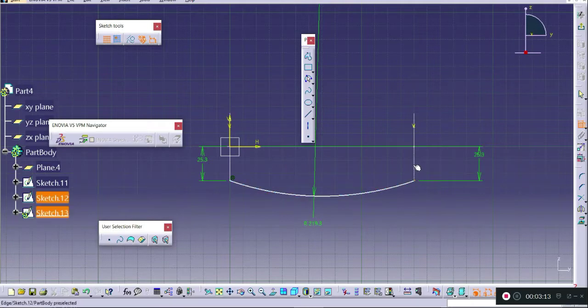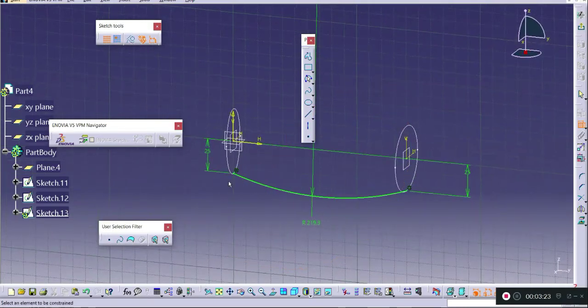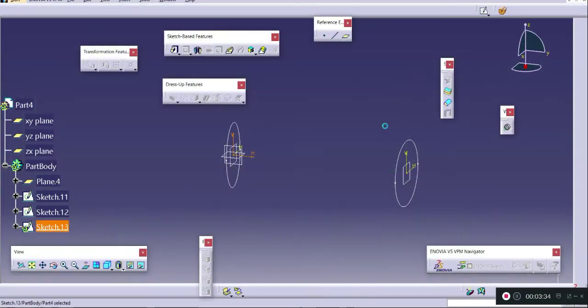This point I can make coincident, and you can specify this as 25 and this as 25, so that this end point will lie on this curve as well as this circular shape, and the radius they have given is 293. So this is our first guide curve.